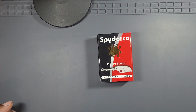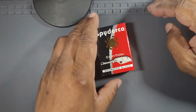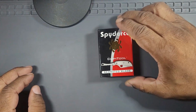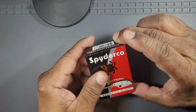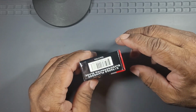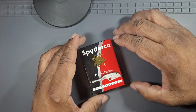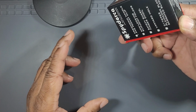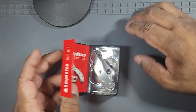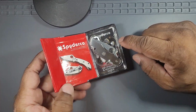I want to do an unboxing today on the Spyderco ClipiTool. The reason why I want to do an unboxing is because this box is a little different than other Spyderco boxes. It comes magnetic, doesn't have the usual opening flap like other Spyderco tools. It has the magnetic flap, and when you open it, it has the Clipitool inside, and it's in